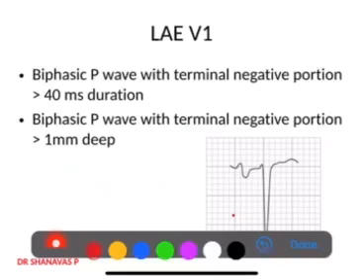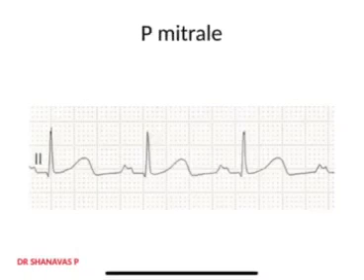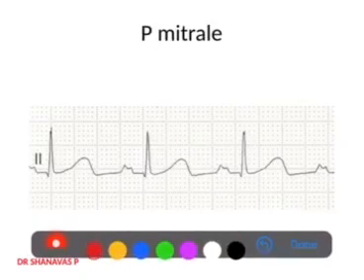Okay, clear? So we will take this ECG. In this ECG you can see that there are nearly 1.5 small boxes, that is nearly 60 milliseconds, as the duration of the left atrium, and the amplitude is also nearly 2 millimeters. That is, there is left atrial enlargement according to lead V1. Clear? So this condition is called P mitrale, that is a P wave with an increased duration of more than 120 milliseconds, with or without a notch, as seen in this picture.